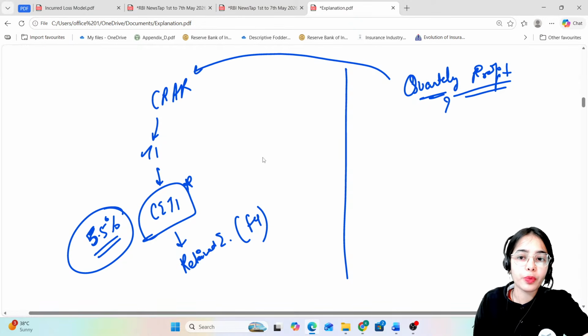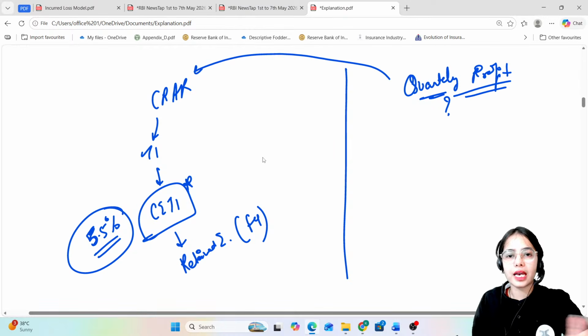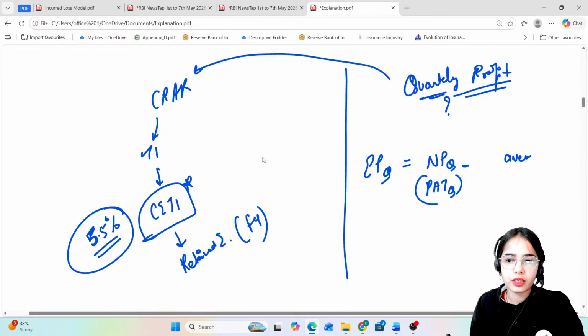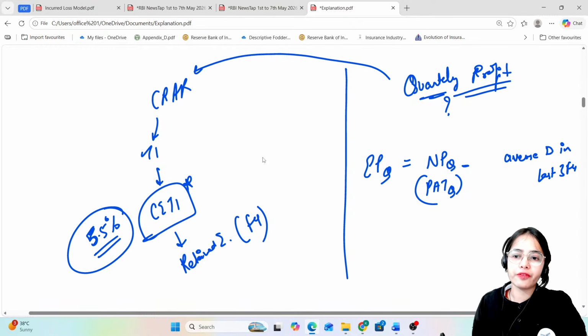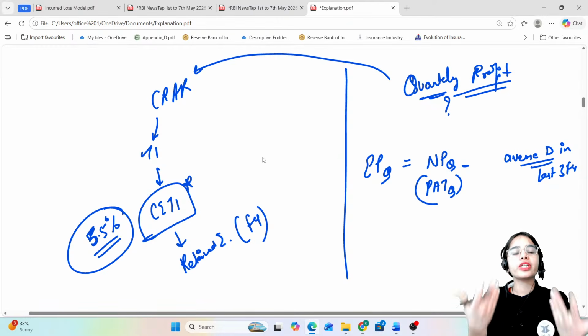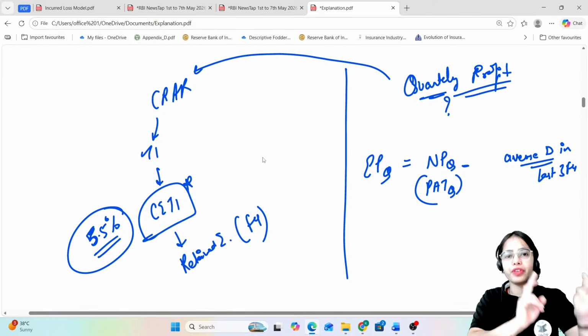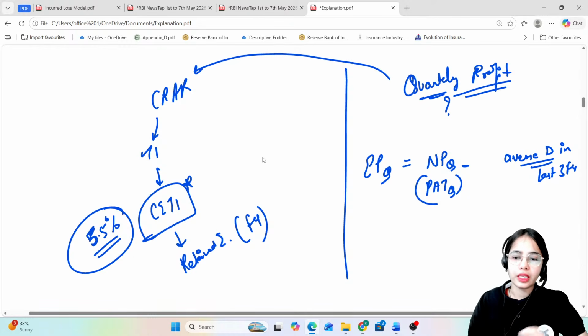But which quarterly profit? Can the whole quarterly profit be added under the common equity tier 1 capital? No. There is the eligible profit of the quarter that can be added. The eligible profit of the quarter is basically the net profit in the quarter, that is the profit after tax of the quarter, deducting the average dividend that is paid in the last 3 financial years. We have taken the average dividend because how much dividend will be paid out for the whole year is not known at the start. So we take the average dividend in the last 3 years and multiply it with 0.25 to come to the quarterly data.